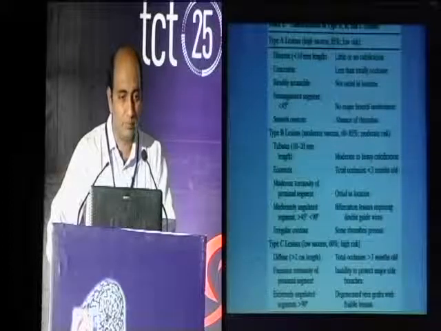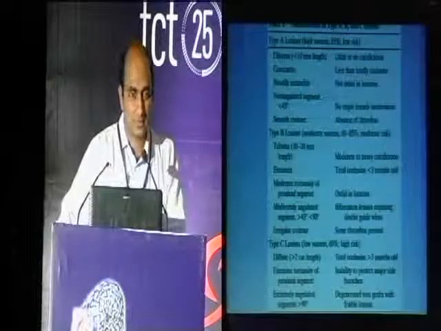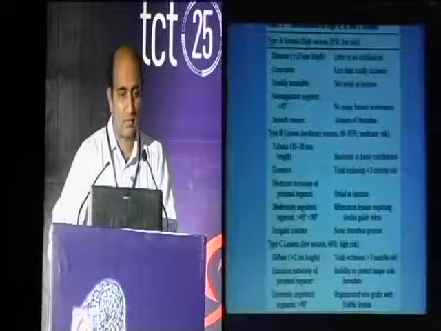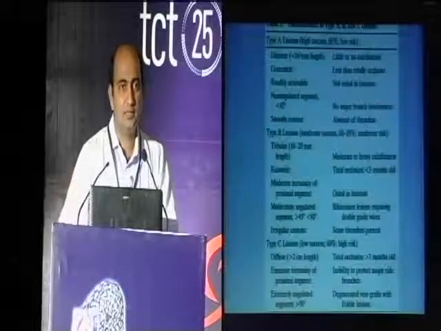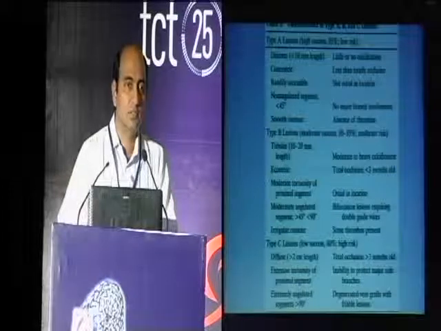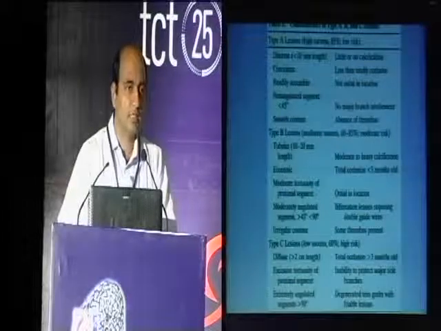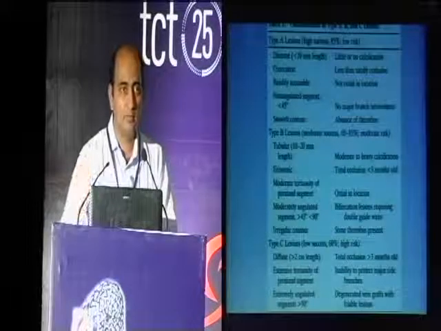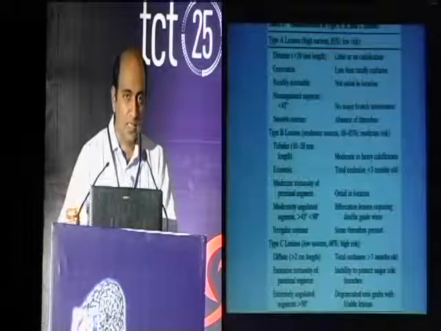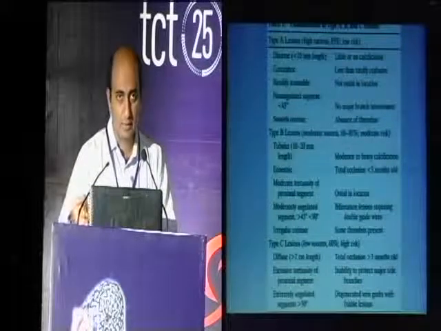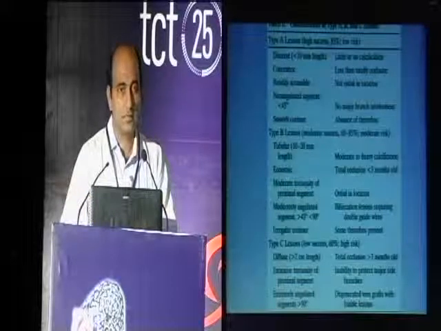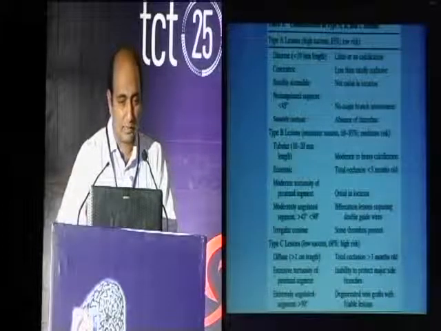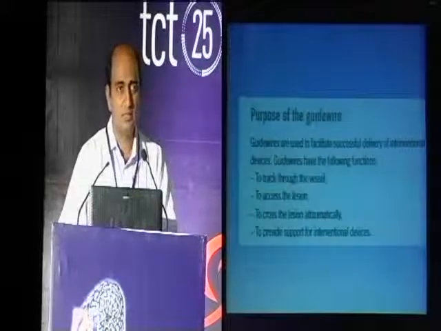But when it comes to type B lesion, that means you have a moderate to heavy calcification, you have a total occlusion which is less than 3 months old, or you have a tortuosity, or a bifurcation, or quite diffuse disease. In these situations, many times the usual workhorse wire may cross. But when it comes to taking a device to smoothen the lesion, like a debulking device, or an IVUS catheter, or a stent, it may not go through all those lesions, and that is where you need little more support for your PCI, and that is where you need to know about these support wires.